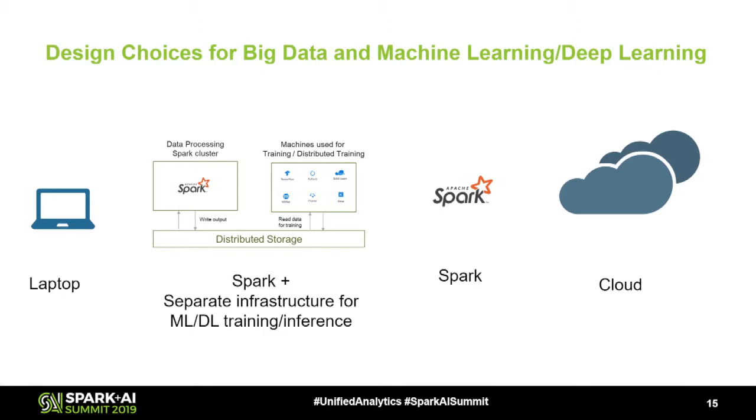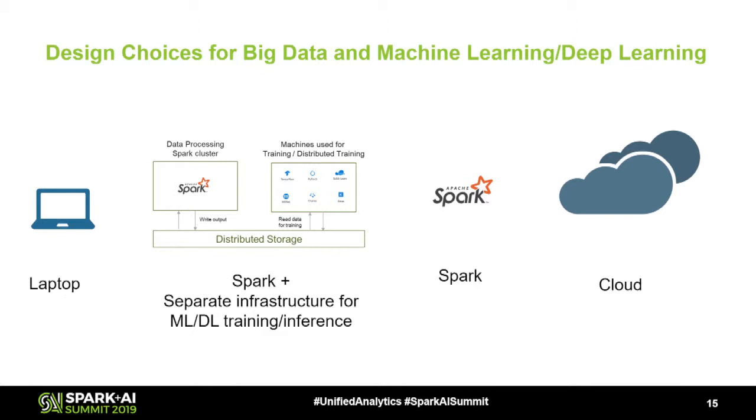Today, you could train your models, whether it's machine learning or deep learning models, on your laptop. In fact, on the way here from Seattle, literally when taking the plane and in the cloud, I was training a model preparing for this talk on my local machine. But you want to get to a point where you could then scale a lot of the work that you do on your laptop to an infrastructure. And so you hear a lot of discussion to say, well, if you have data that's already sitting in a big data cluster, like Spark on a distributed storage, you might want to do data preprocessing or augmentation on it.